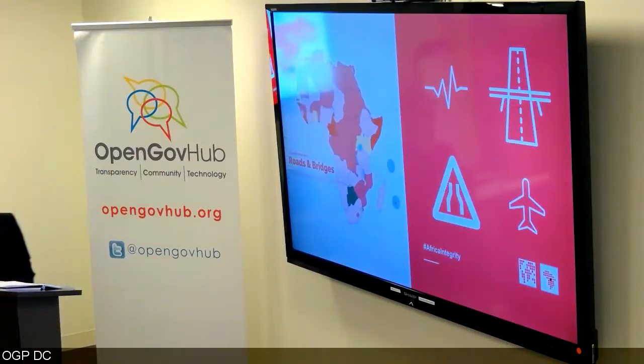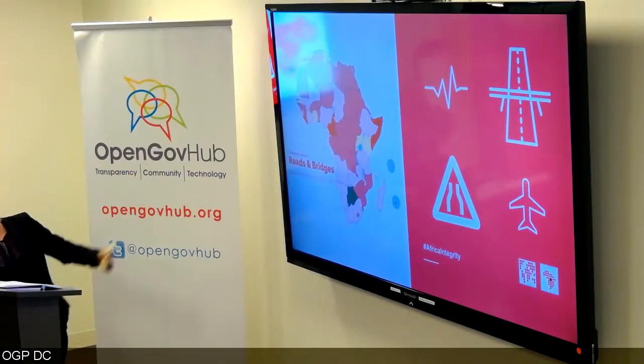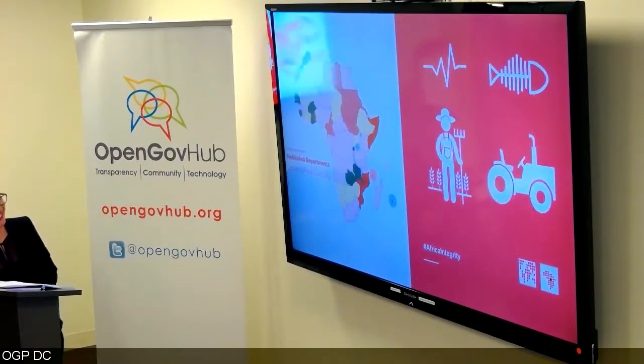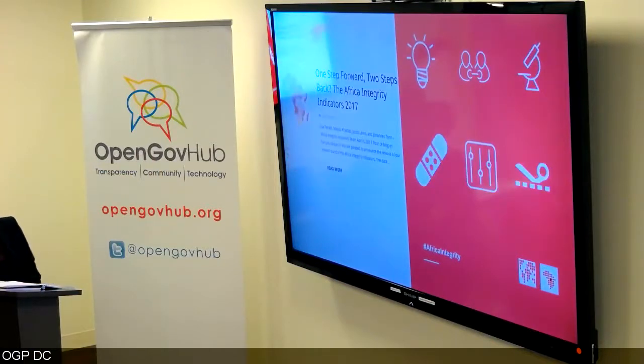We have other indicators that are in practice that look at infrastructure, such as roads, bridges, airplanes. Yeah, I mean, there's not a lot of countries that have very good. But we also look at food security. Does every country in Africa have a dedicated department that ensures security and is actually implementing programs? Because it's not sufficient to just have a department.